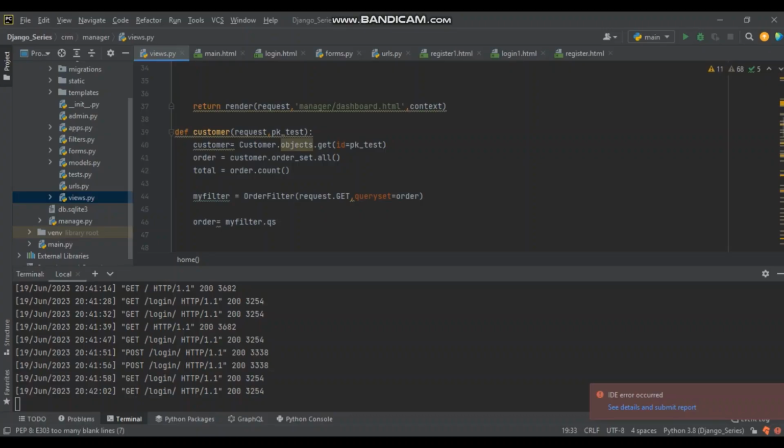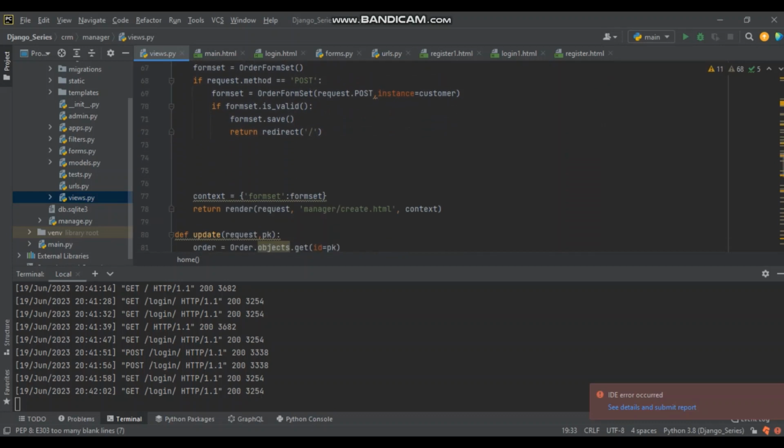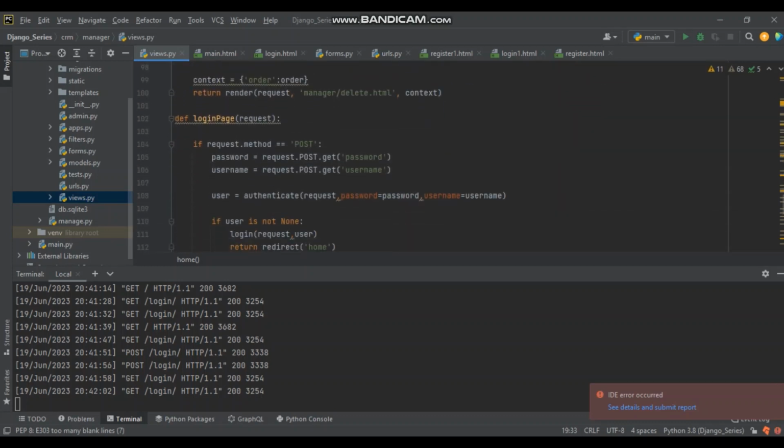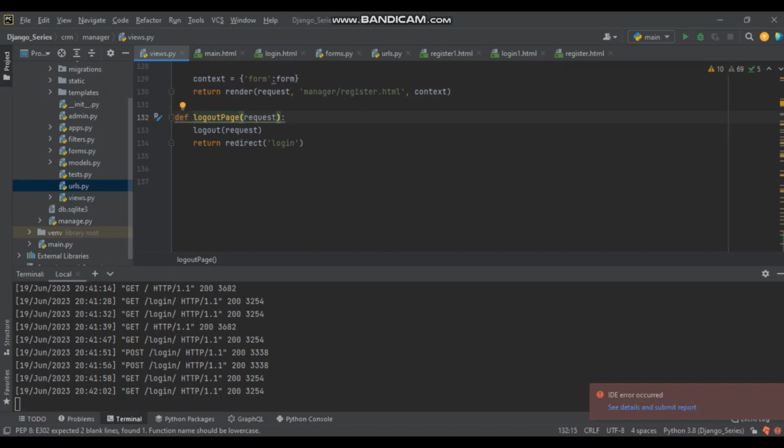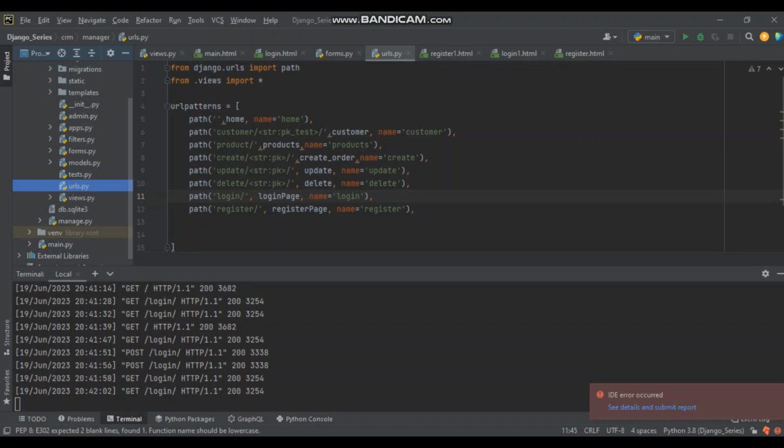Okay, so I want to check what seems to be a problem. I think we have to change this. Let me just change this to login page or logout page, and let me just go here and say,